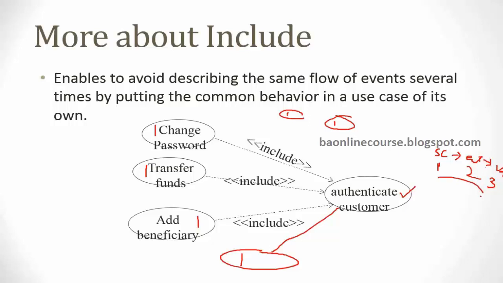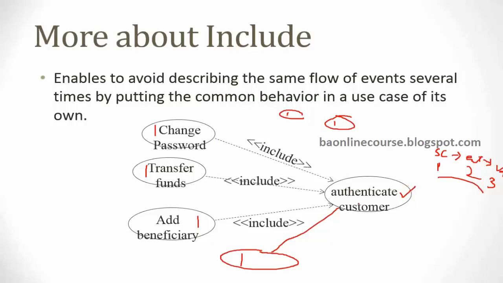Let's say one of these steps changes, right? I have to go and make changes, so 1, 2, 3, 4, 5, 6 requirements, 6 use cases are impacted, right? So it will be a lot of changes. Okay. So rather than do that, if I pull out these 3 steps and create a separate use case,